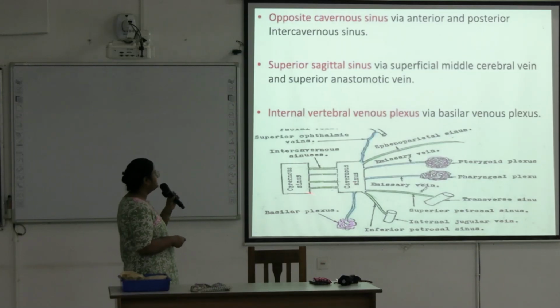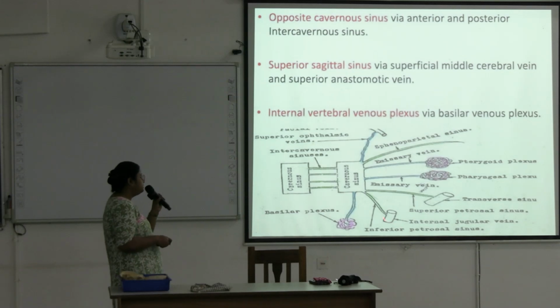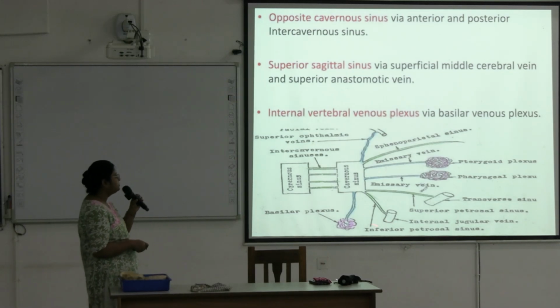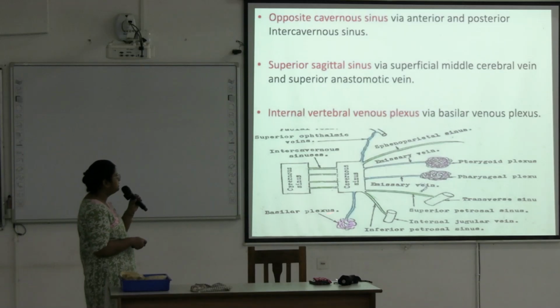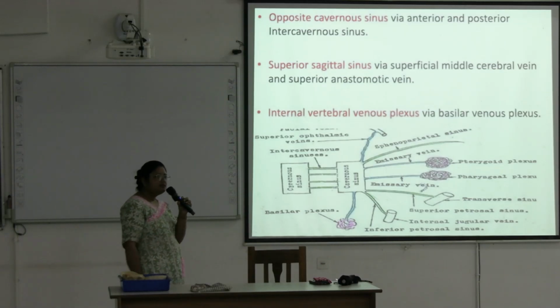These are intercavernous sinus connecting the two cavernous sinus. This is superior ophthalmic vein, sphenoparietal sinus, emissary vein connected to pterygoid plexus, and here is superior petrosal connecting to transverse sinus, inferior petrosal connected to internal jugular vein, and these are the emissary veins connected to basilar venous plexus. Okay. Next